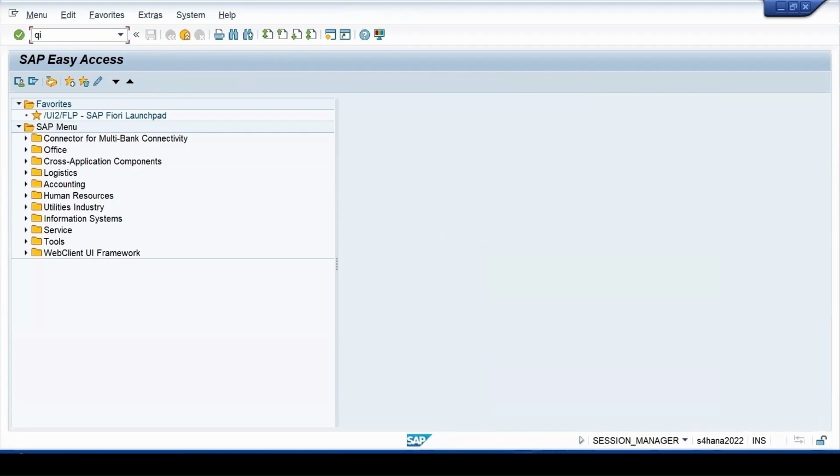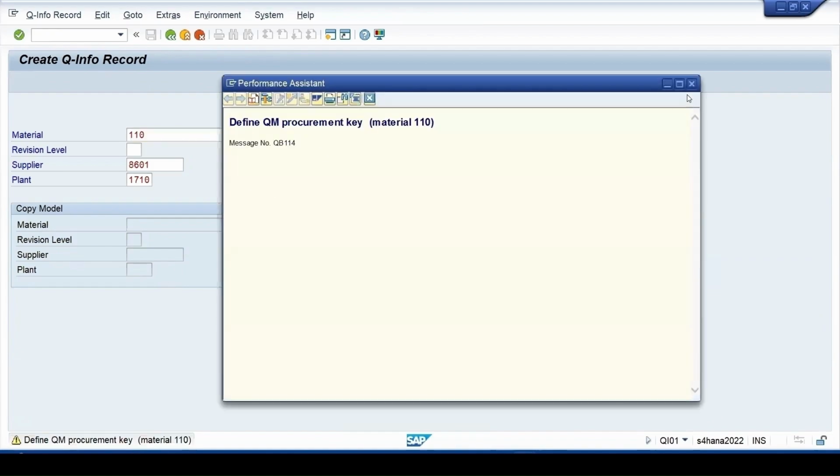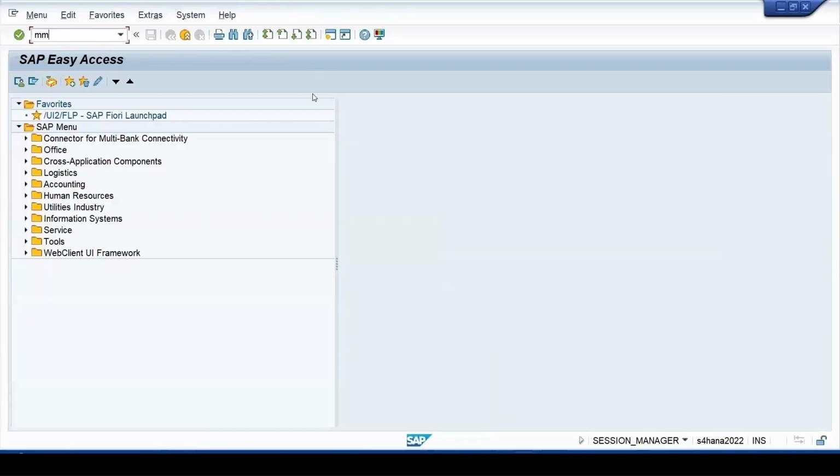When I am creating a quality info record, to create it is QI01, enter, which is another master data. Supplier is say this. Buy this material 110 from this vendor. We define the procurement key for the material. This warning is coming. So let me again go to this same material,